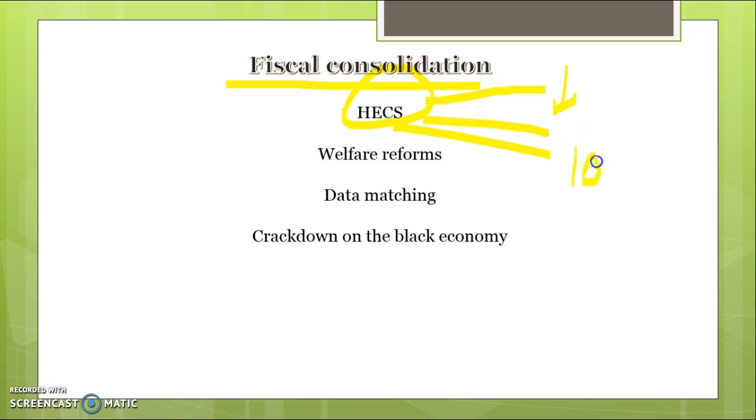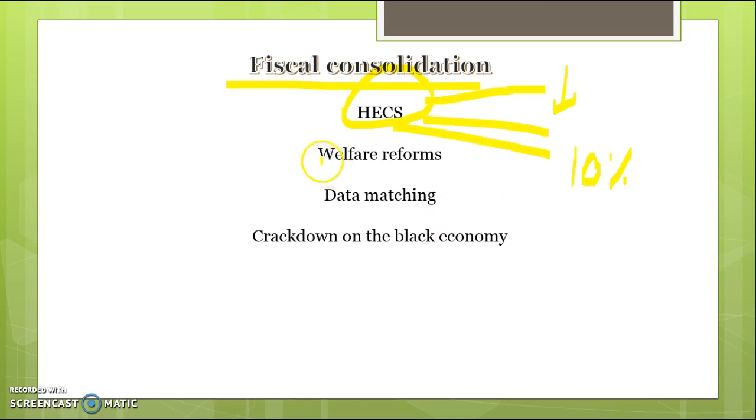So, for example, if you're a really high income earner, about 10% of your income has to go back into your HECS as opposed to 8%. So they're going to be getting the money back off quicker of high income earners as well. So there are three different things. They've lowered the amount you can earn before having to pay it back. They've increased the student contribution amount. And they're making high income earners particularly pay more back.